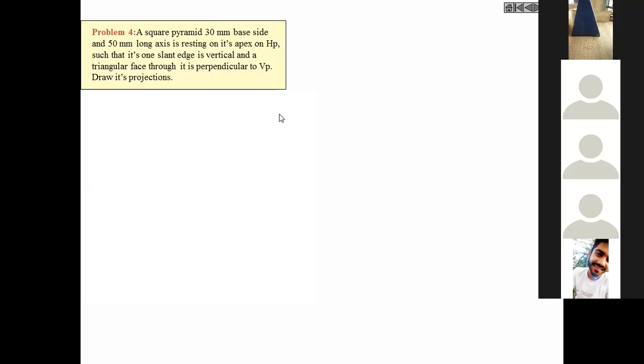How many slant edges you will have? 4. Then why are you taking this much time? If it is a pentagon, then 5. Now how many triangular faces are you having in this? 4. Very good. These are the triangular faces.